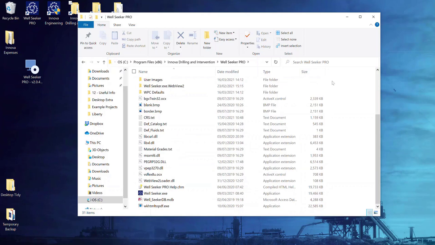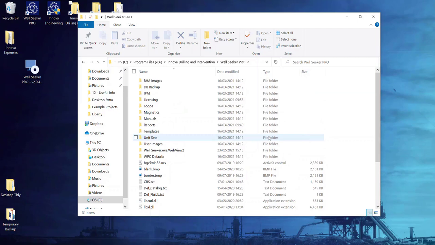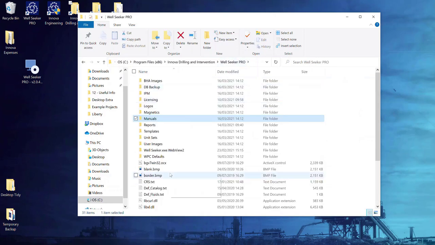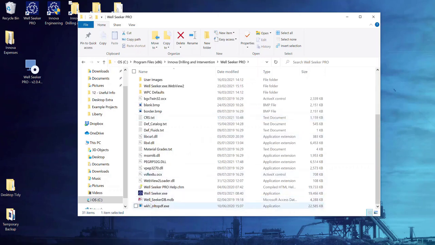The main point to note here is this is where your license file that allows you access to WellSeeker Pro lives. I don't have a license file in here at the moment, but when you do have a license file, this is where it will have to go in order for WellSeeker Pro to function correctly. Also within here, there is a manuals folder that comes with the install, and there are various how-to guides and training tips within here. We won't cover this in any detail, just to make you aware of where the actual executable and the license